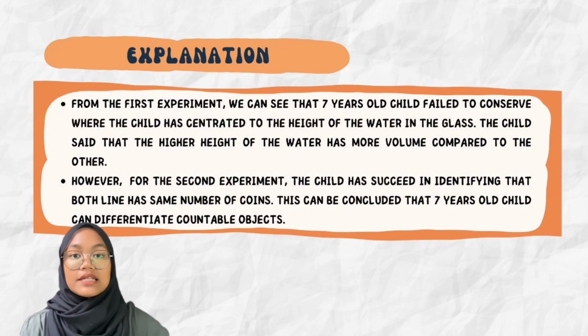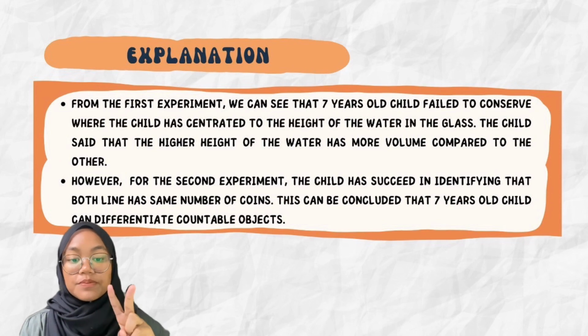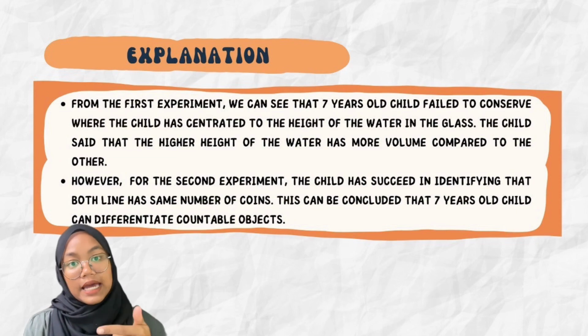So, based on the first experiment, we can see that the 7-year-old child failed to conserve, where the child has saturated to the height of the water in the glass. The child said that the glass with higher height has more volume compared to the other. However, for the second experiment, the child has succeeded in identifying that both lines have the same number of coins. This can be concluded that this 7-year-old child can differentiate countable objects such as coins, pens, and anything else